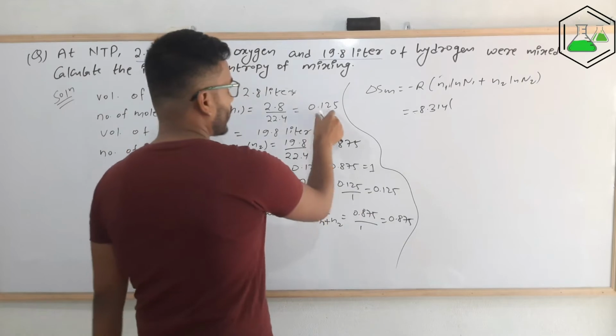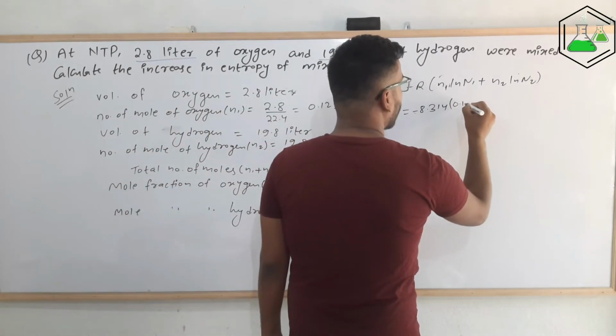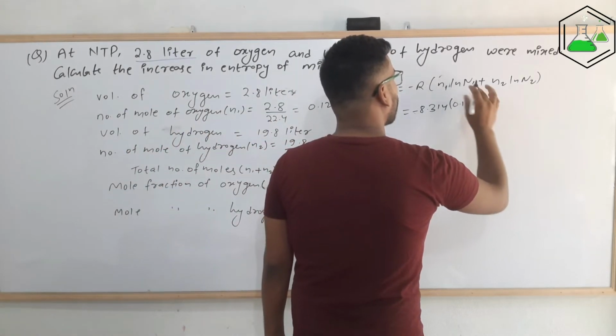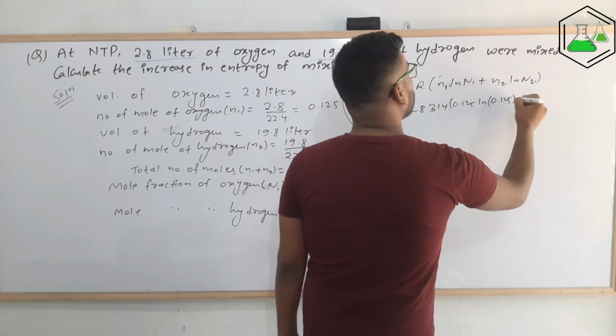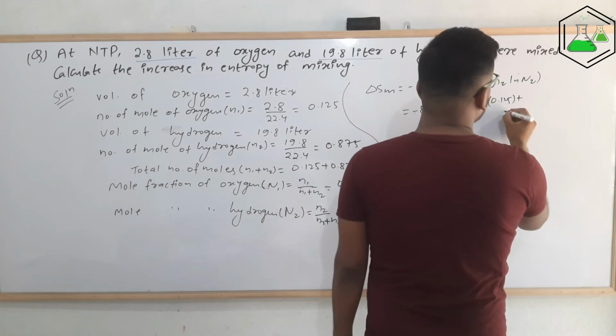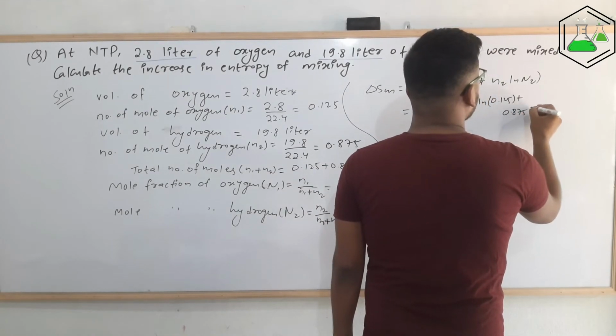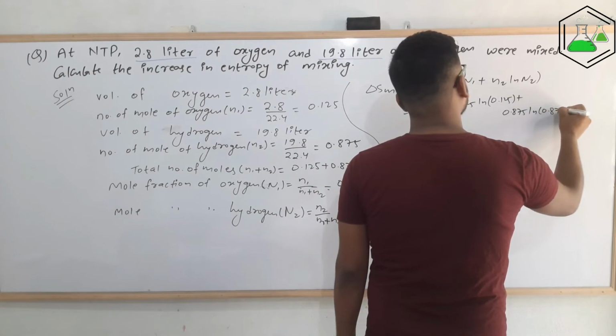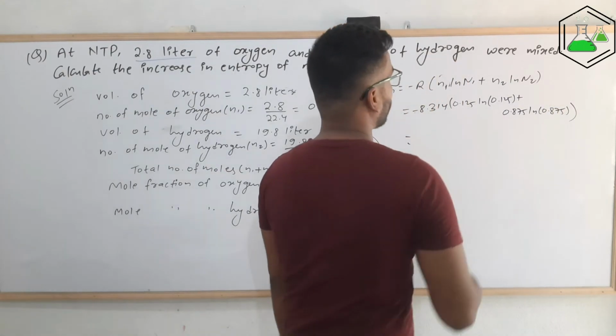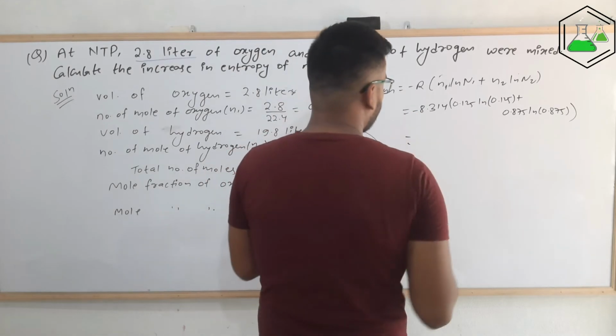N1 is given to be how much? 0.125. 0.125 ln, this capital N1 is also 0.125, plus N2 is given to be 0.875 into ln bracket, in bracket also 0.875. So we get this much, and if you put this on calculator and if you click OK,